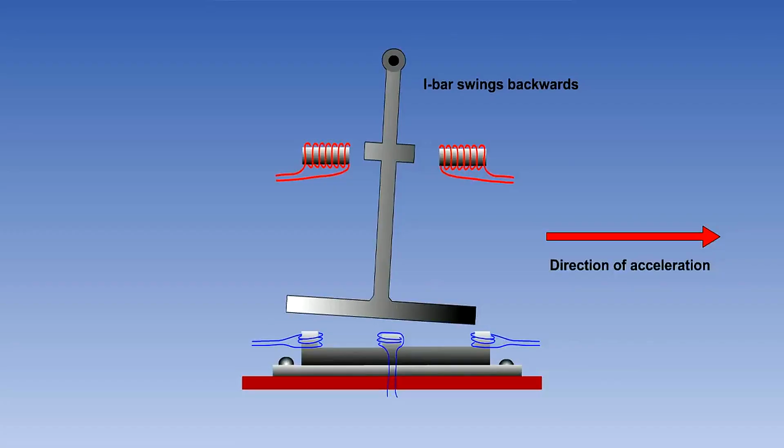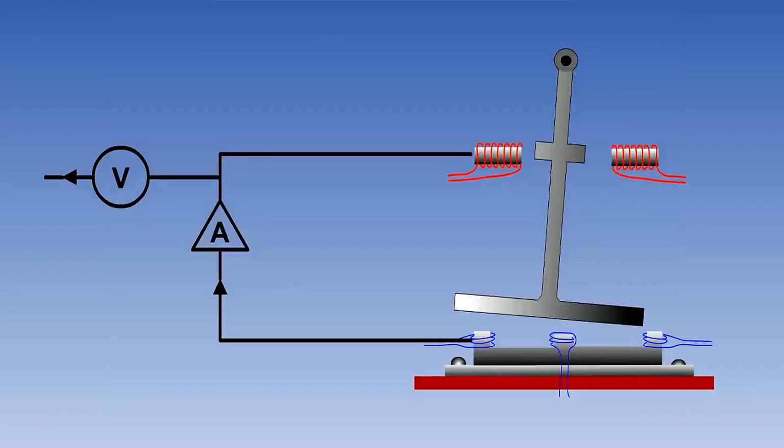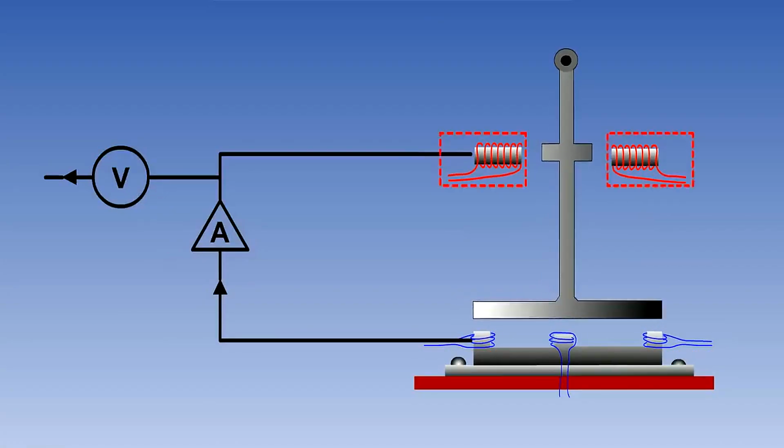However, if the whole accelerometer now experiences an acceleration, in this example to the right, the pendulum will swing to the left. Now the gaps at each leg of the E-bar are not the same, because the I-bar has been displaced. Therefore, the induction at each end will be different. This will affect the amplitude, but not the polarity or phase. The positives and negatives will no longer cancel out, and there will be a resultant, which will be a new sine wave.